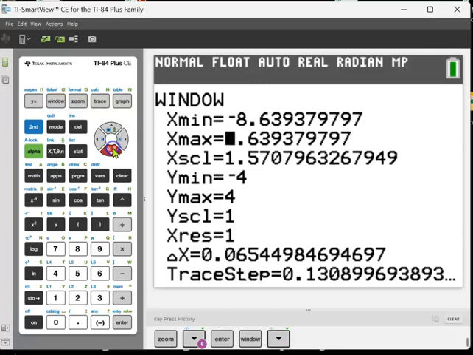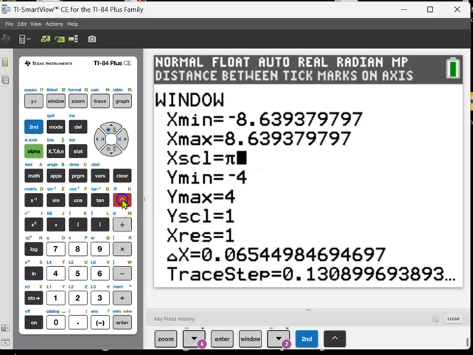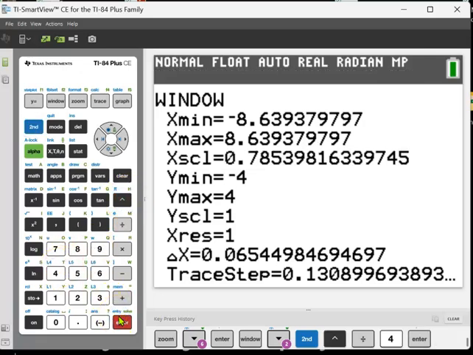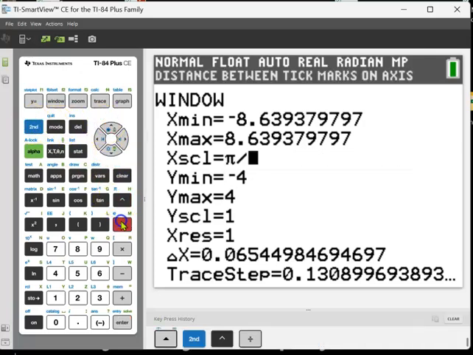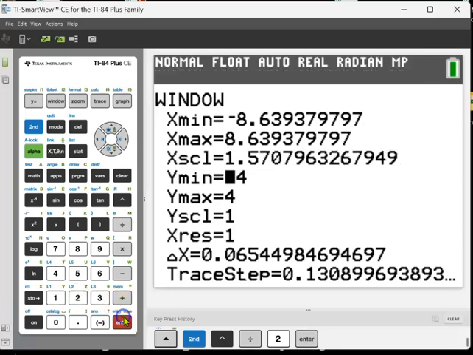However, what I do want to point out is here for the scale, notice we've got the 1.5707, etc. Like, what is that? If I'm not mistaken, that should be pi over 4. And I am mistaken. It wasn't pi over 4. It's double that, pi over 2. Sorry about that. So notice that when you do zoom trig, it automatically changes our x-axis to line up better